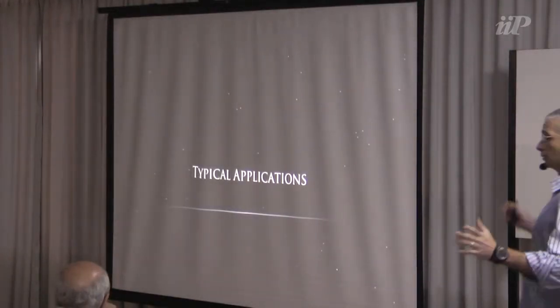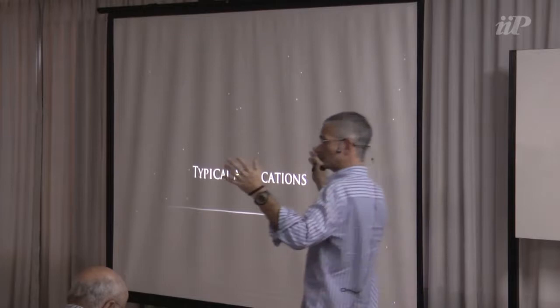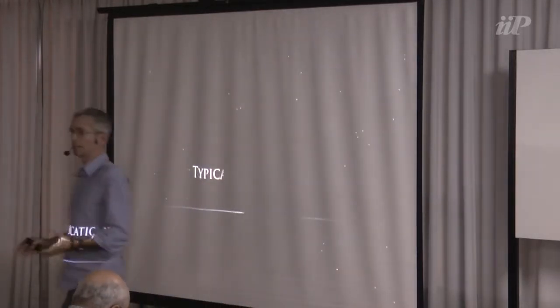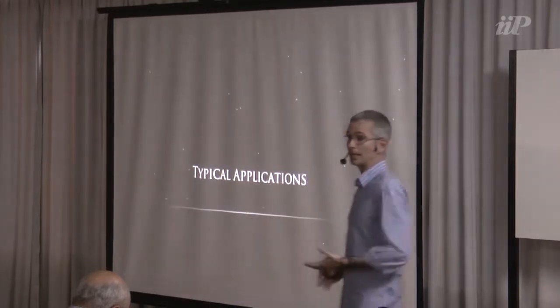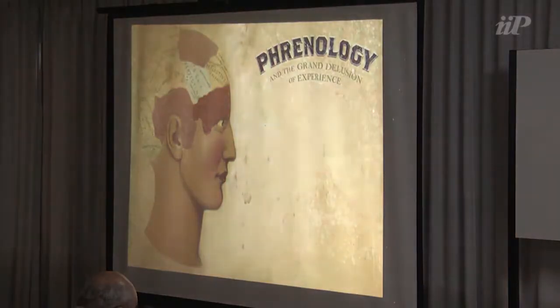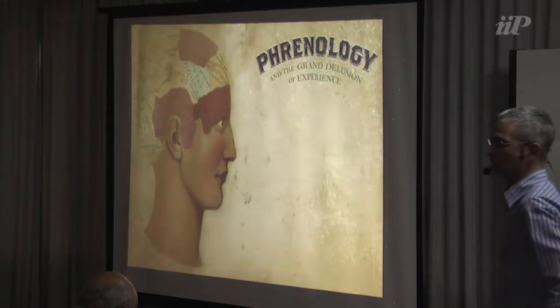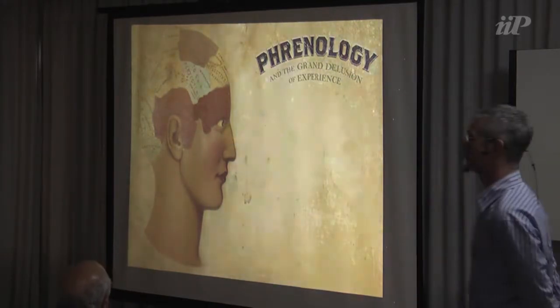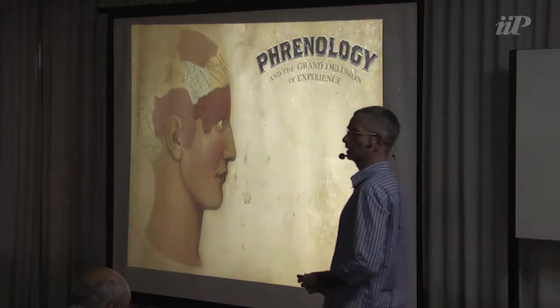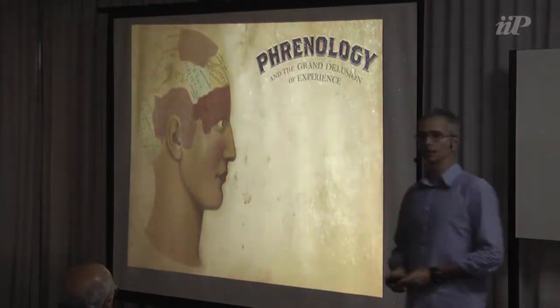Well, so this is fMRI. Then you have those maps. This is what fMRI was. And this is the whole story. This is the base of fMRI. What are the basic applications of fMRI? So the basic application of fMRI, and this is what a lot of people think of fMRI, is a type of modern phrenology.